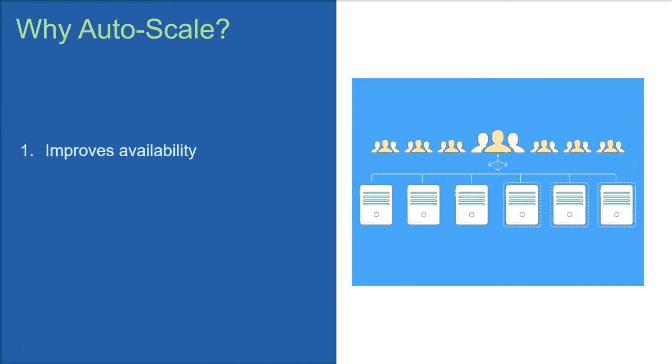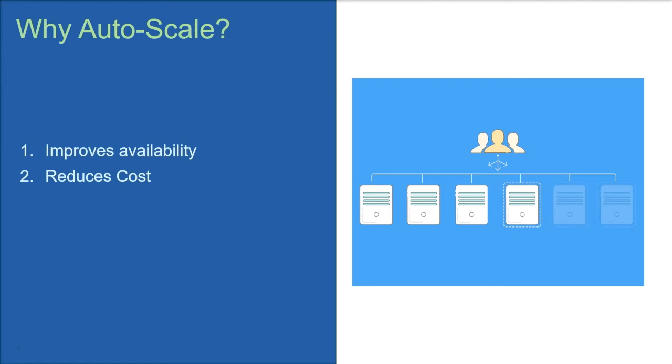Firstly, traffic spikes can be handled smoothly. Many applications can receive unexpected amount of load at any point, which can lead to its outage. So autoscaling can detect such spikes and automatically add resources, hence improving the availability of the application. Now, one way to deal with the availability problem is to start off by giving a huge amount of resources to the system itself. While it will handle traffic spikes, it won't be very cost effective. Autoscaling can help in reducing costs in such cases.